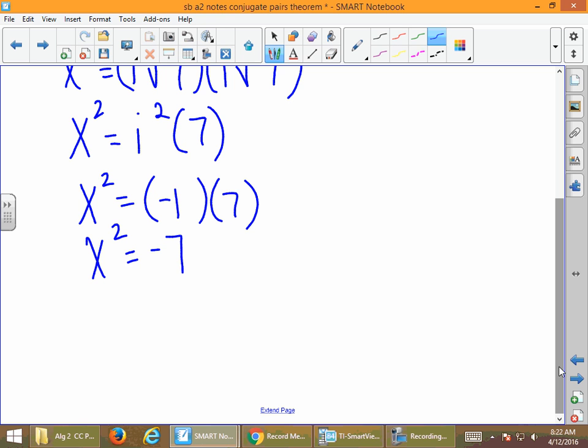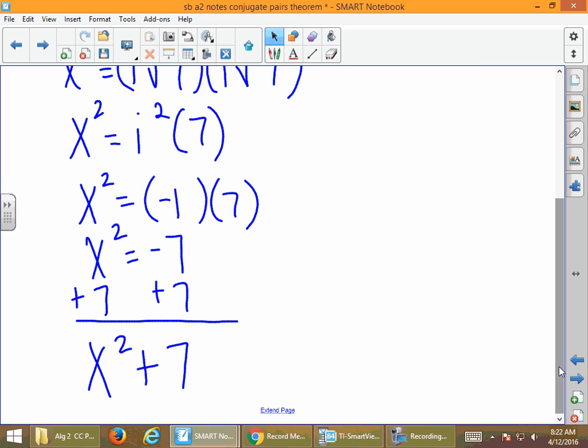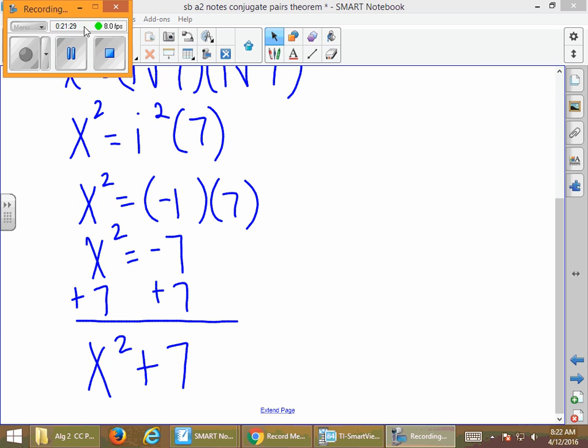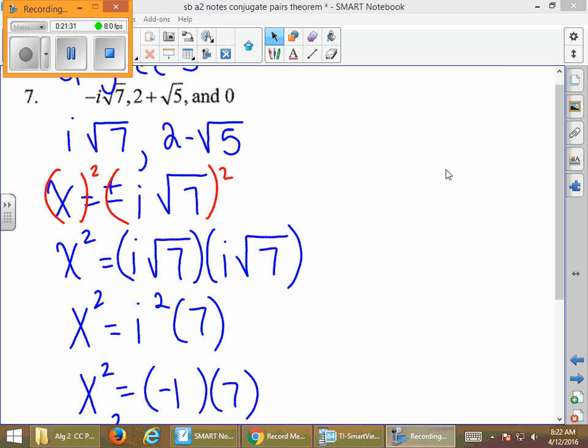And finally, let's move the 7 over to the other side. Don't put a 0 in. We have x squared plus 7. So now, let's take our